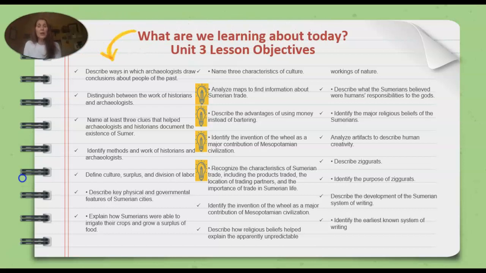What are we learning about today? Our Unit 3 lesson objectives. Analyze maps to try to find information about Sumerian trade. Describe the advantages of using money instead of bartering. Identify the invention of the wheel as a major contribution of Mesopotamian civilization. And recognize the characteristics of Sumerian trade, including the products traded, the location of trading partners, and the importance of